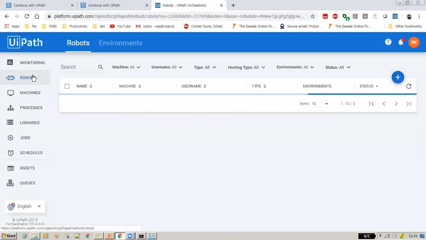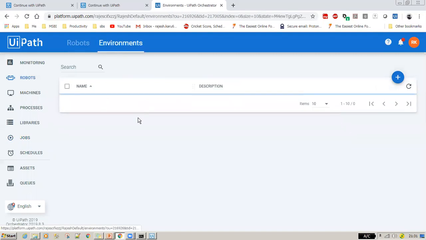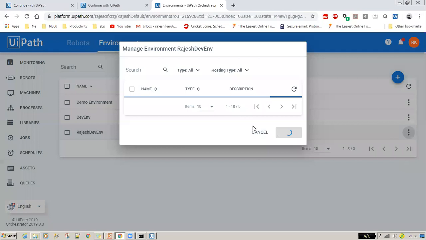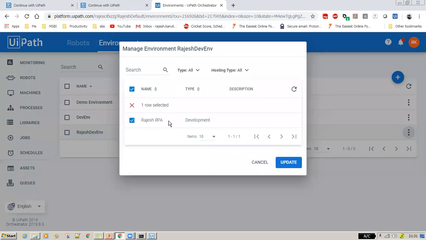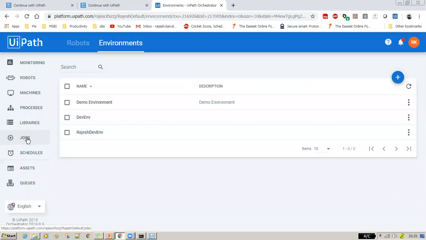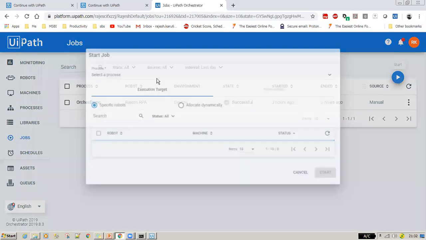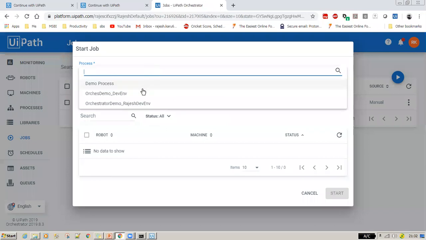As I told you, there is an association from your environment to the bot. See, once we go to this environment, as I told you, when I create this environment, more actions and say manage, this environment always has a mapping to your machines. That's why under this particular environment, this particular bot has already been managed. That's why it is automatically showing up in this particular list. So let me select this process one more time.